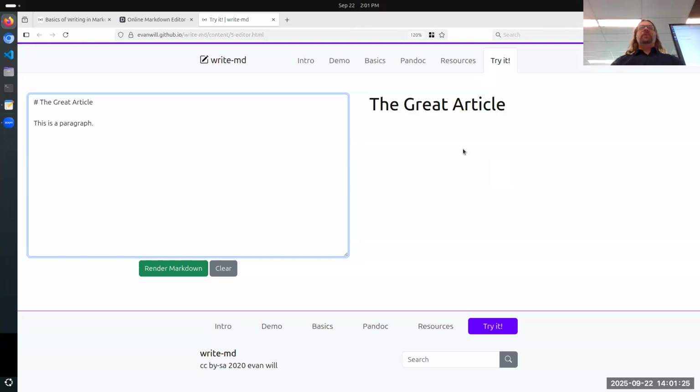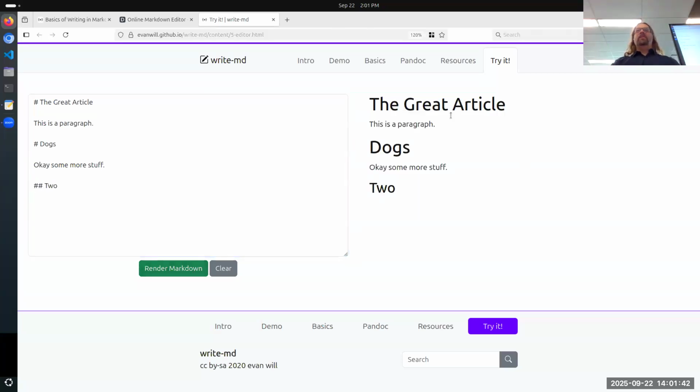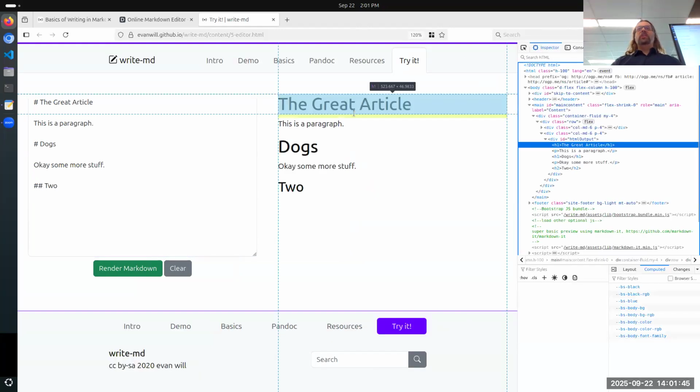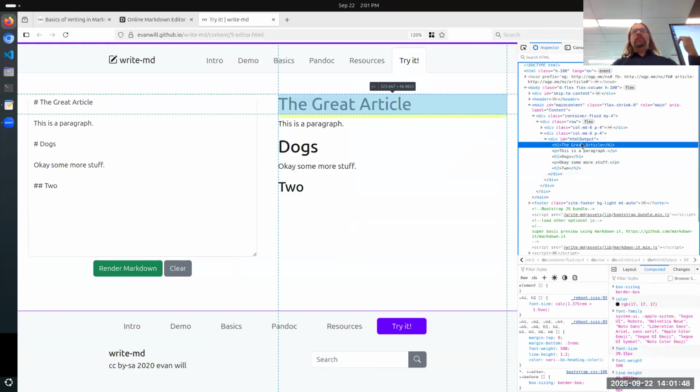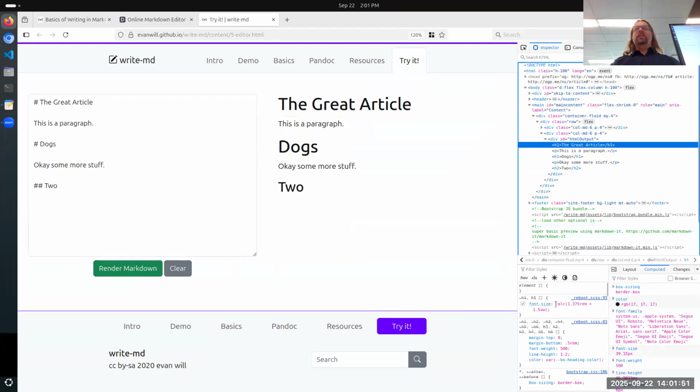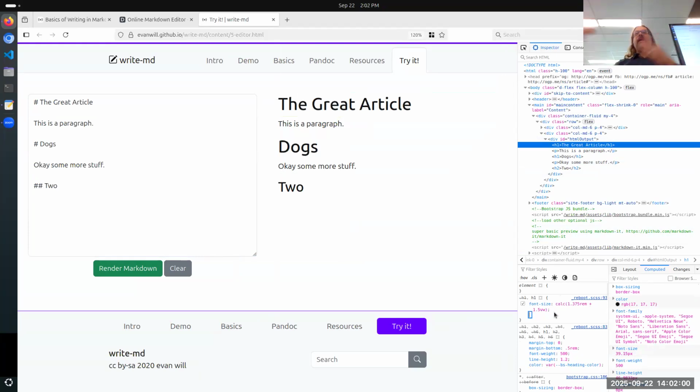So I could show you, let's see. If I put another heading one in here, okay, let's render this for a second. In this case, this is just some HTML on this page with arbitrary styles that I created there. You can see that these styles are from Bootstrap, which is styling the whole site. It's not like I even wrote these styles in particular, but we could essentially override those styles and say that all the heading ones are going to be